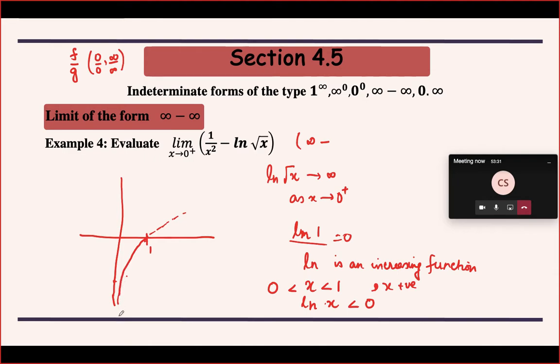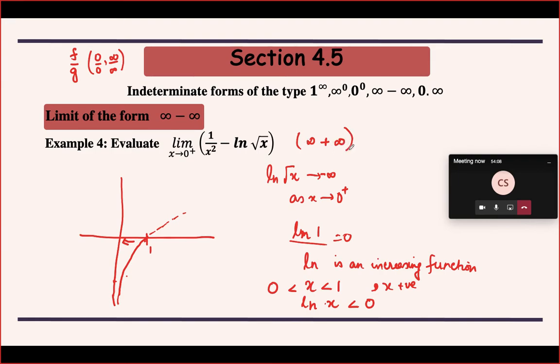So this expression is going to tend to minus infinity as your x tends to 0 from the positive side. So you are moving towards the y-axis from the positive side, and your function value is tending to minus infinity. It is not going to tend to plus infinity, so this part is going to tend to minus infinity. So what will happen to this entire expression? You already have a minus sign here, and since this is tending to minus infinity, this whole thing will tend to plus infinity.